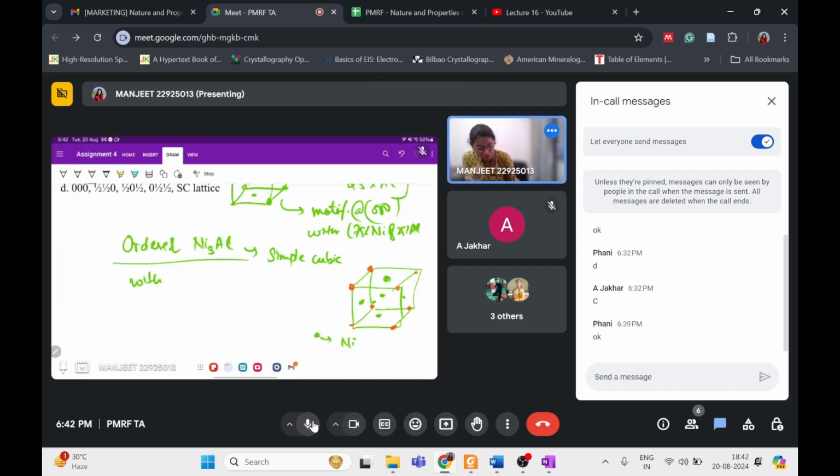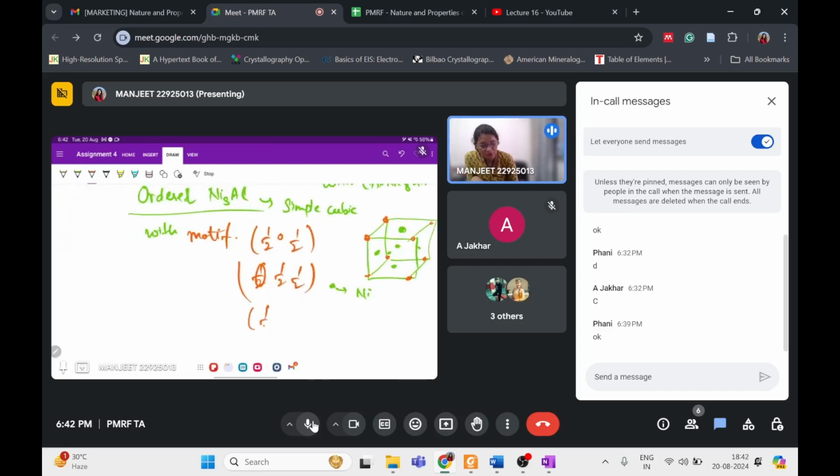So the motif for nickel, which is at the face centers, will be 1/2 1/2 0, 1/2 0 1/2 and 0 1/2 1/2, and aluminum is at the corner of the cube, so aluminum has the motif at